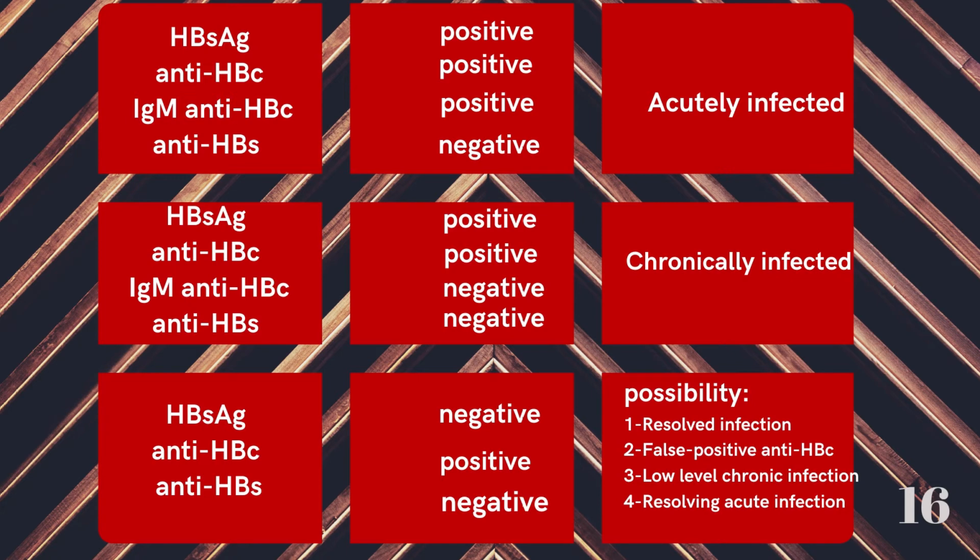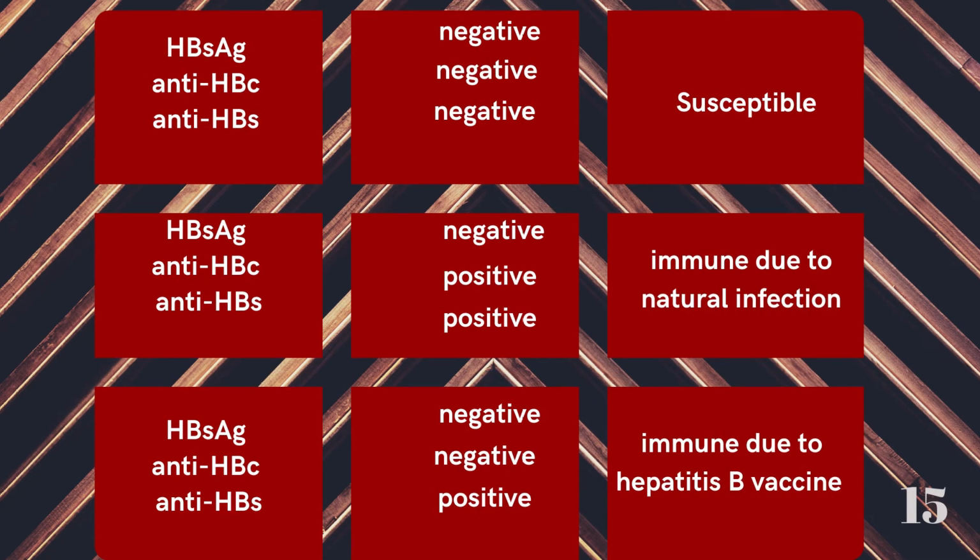What does it mean? This means that there is immunity due to hepatitis B vaccine. If anyone is vaccinated with hepatitis B vaccine, and he does a screening by ELISA to detect hepatitis B surface antigen, anti-hepatitis B core, or anti-hepatitis B surface antigen, and he finds the anti-hepatitis B surface is positive, that means this patient is immune due to vaccine,